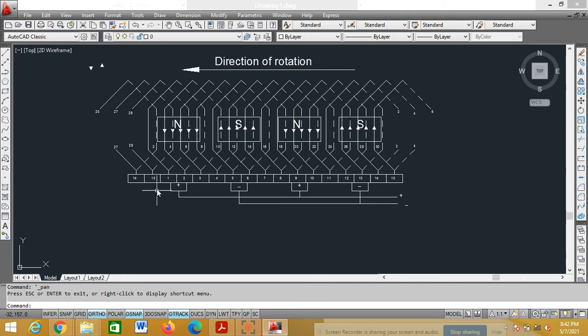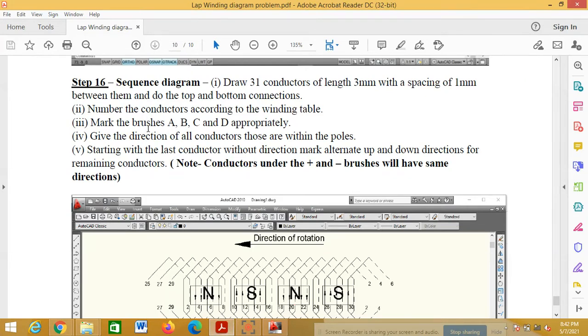So here 3 mm lines better. So here you can draw a line of 3 mm. Okay. The spacing between them should be 1 mm. See here. 1 mm, 31 conductors you are going to draw.